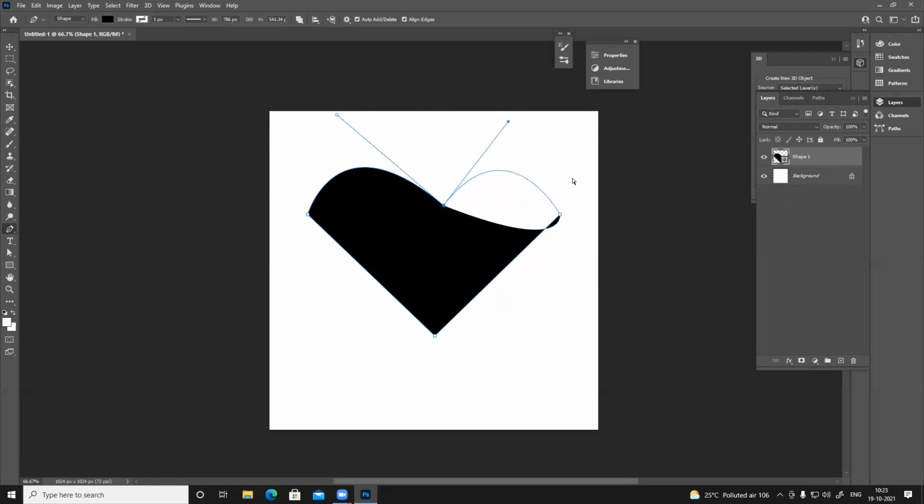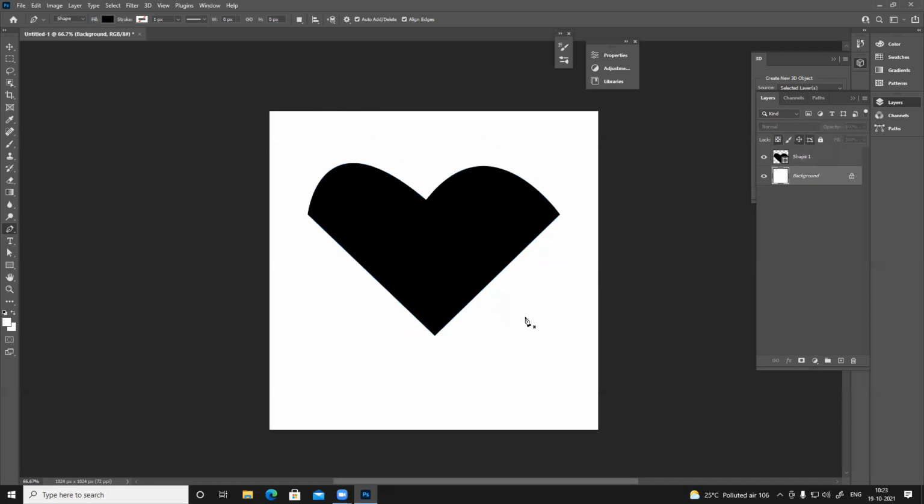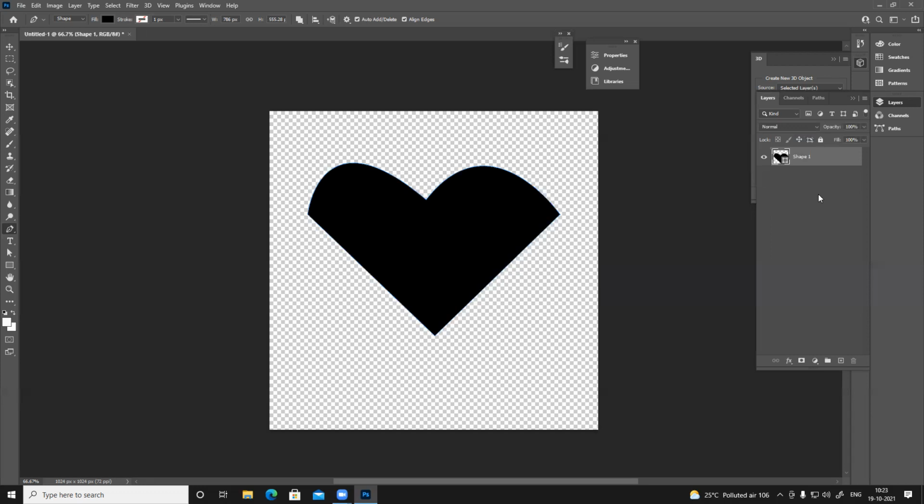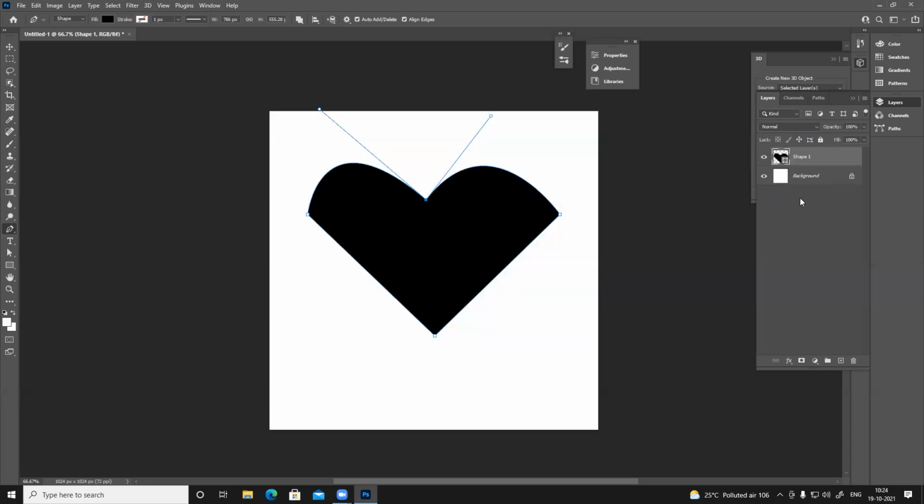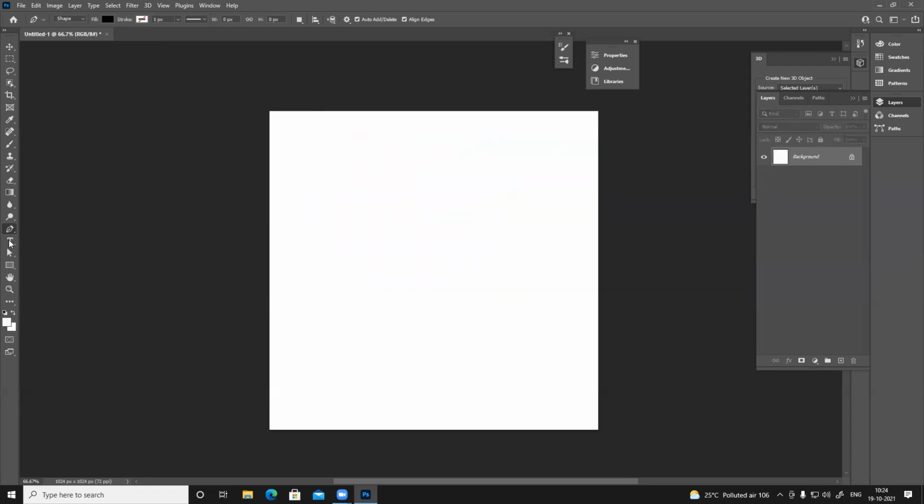Okay, this is how I can create this. Suppose I created this thing, but I want to intersect something. With the pen tool I can create shapes manually, whatever shape I want, or I can use all these preset native primitive shapes: rectangle, ellipse, triangle, polygon, line, custom. All these shapes you can use.